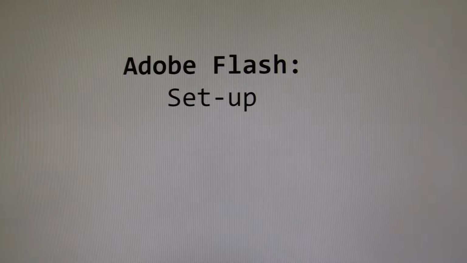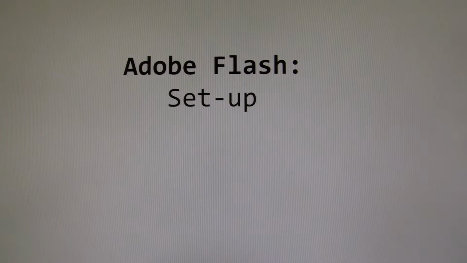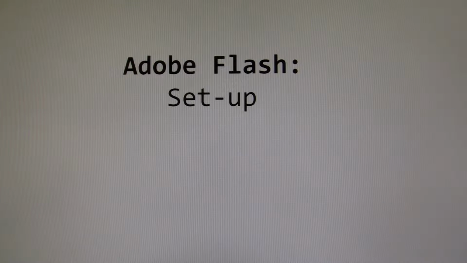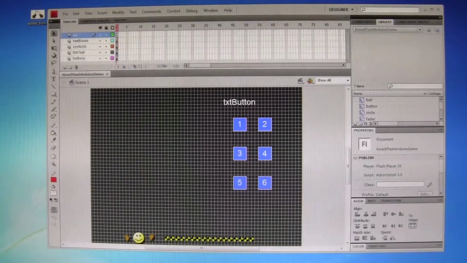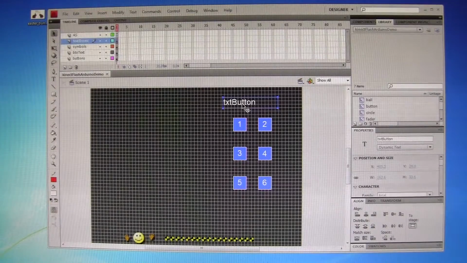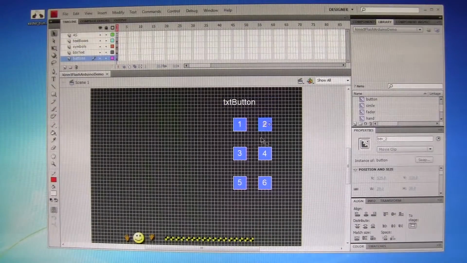Okay, this is a demo of the Adobe Flash setup for the Kinect to Flash to Arduino application. This is the Flash interface with the stage. This is a dynamic text button, and then we've got 6 instances of these buttons, but the buttons are actually